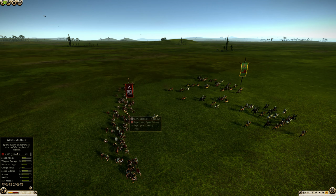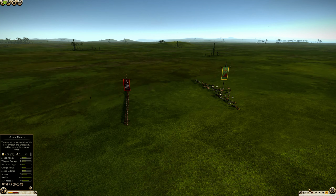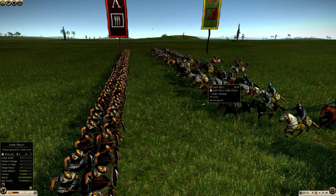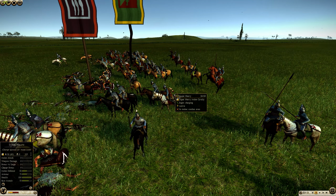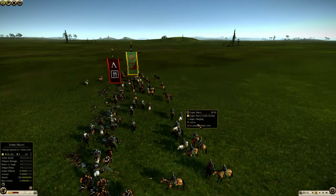And on the first charge, no Royal Spartans die. No super heavy, well, one super heavy cavalry unit died. But what we're looking for here is if the super heavy unit loses men instantly on the charge. That is an indication that its impact damage is reflected back to it. And indeed, although it hasn't been attacked yet, and although the Royal Spartans take quite some time getting back up,